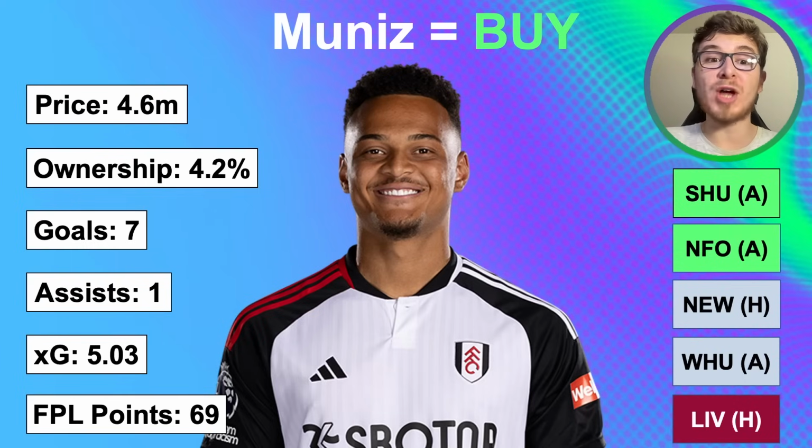He has 7 goals and 1 assist for the season. His XG is 5.03 and 69 FPL points so far. The underlying numbers aren't particularly great, but he's a 4.6 million forward, 7 big chances, 12 key passes, and also 43 shots overall. A lot of appearances did come off the bench earlier this season, so that needs to be